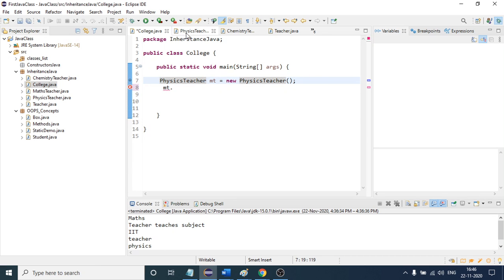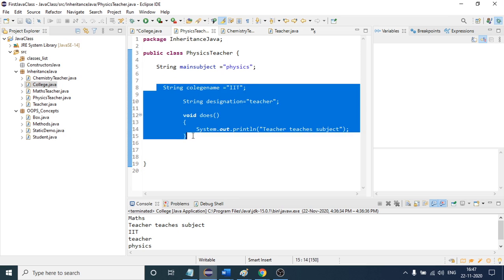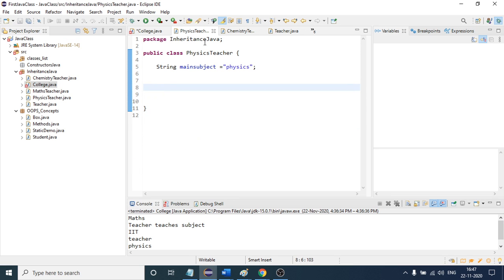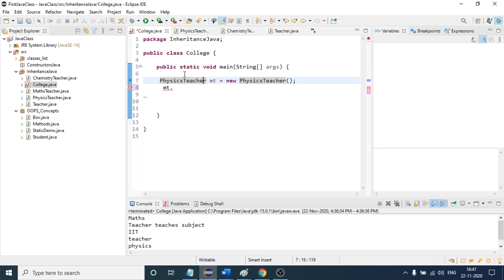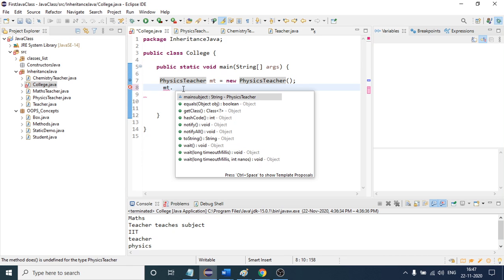Okay, so if I remove this code from here, will this code be accessible? Because you are not writing this, only this will be accessible. You can see here empty dot, only one is accessible. All these others are other methods, so they do not belong to that class. So what I am doing,